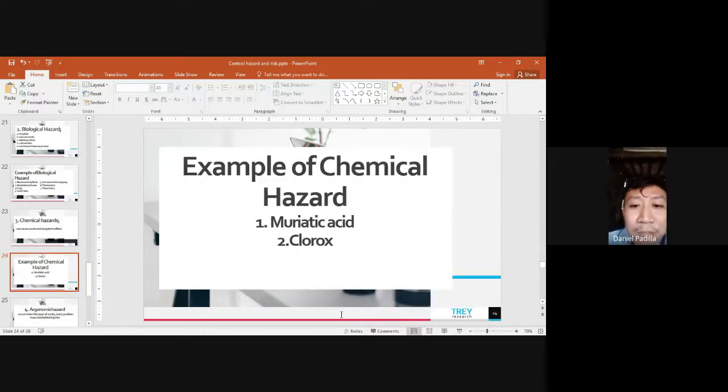So, ang maraming example ng chemical hazard like muriatic acid, Clorox, yung mga example na yan, matatagpuan lang natin sa bahay natin. Like muriatic, ginagamit sa CR, sa panlinis, delikado 'to sa mga bata kaya itong mga bagay na 'to ay dapat nasa matataas na lugar dahil kapag natamaan ka ng chemical hazard na 'to talagang mapupuruhan ka at maapektuhan ang kondisyon ng katawan mo. Next page,